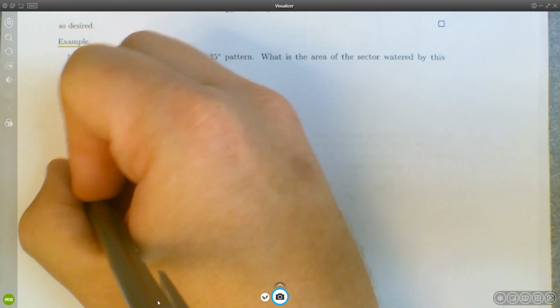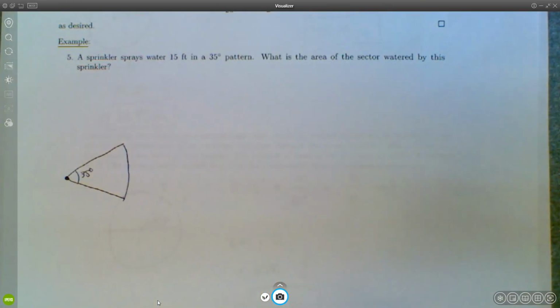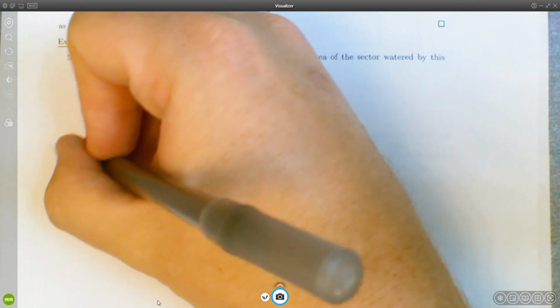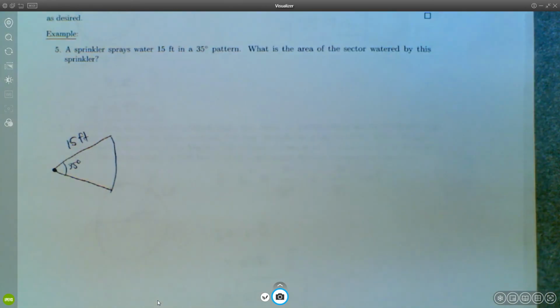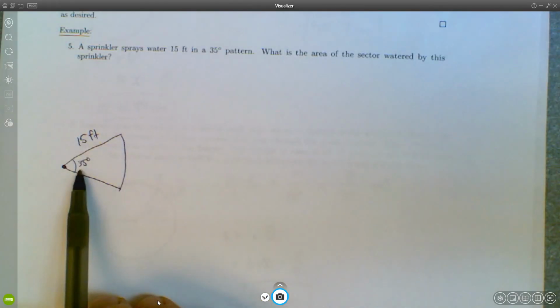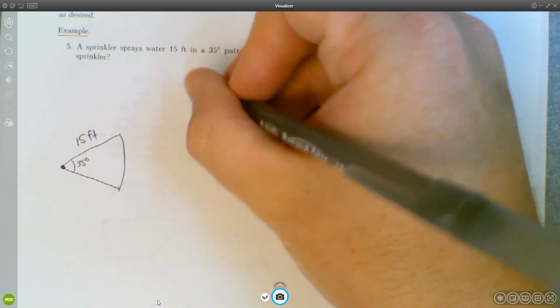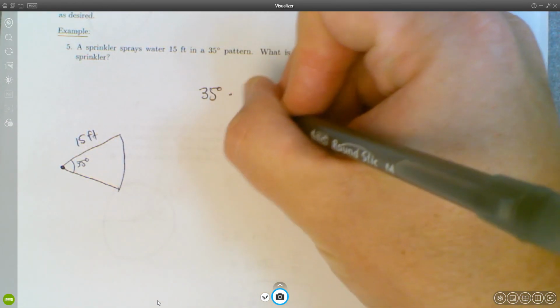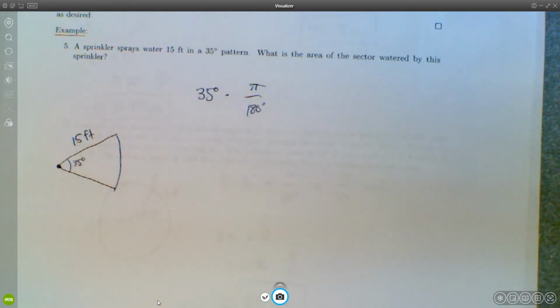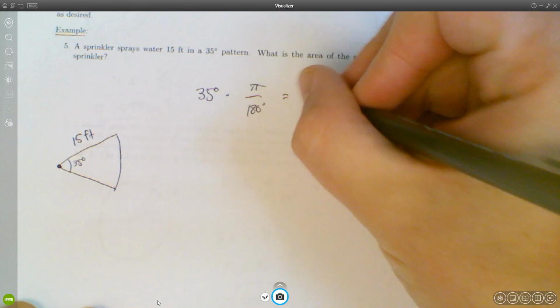And it does so in a 35-degree pattern, and it sprays 15 feet. So the radius is 15 feet, the angle's 35 degrees. We're going to have to change the angle to radians, so we'll say 35 degrees times pi over 180. That's 7 pi over 36